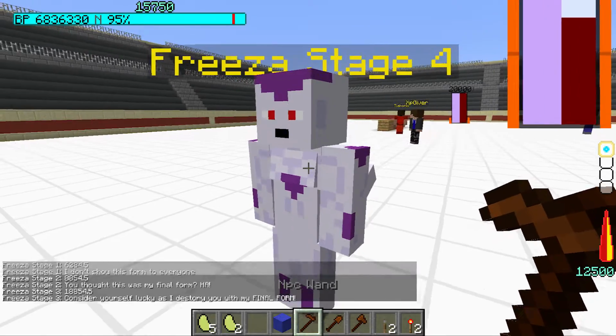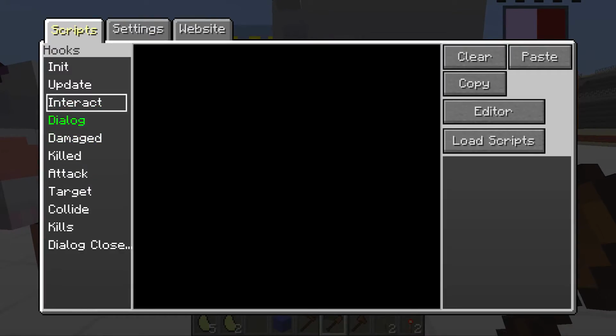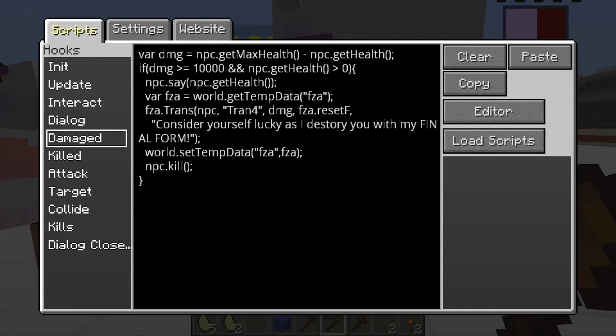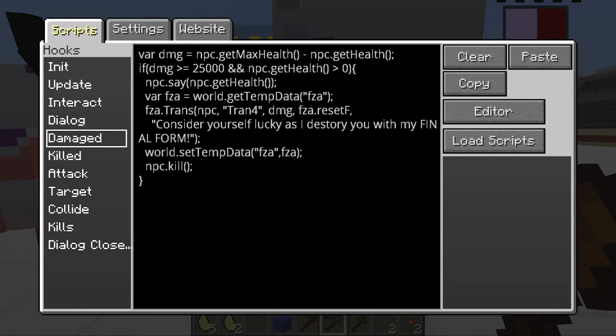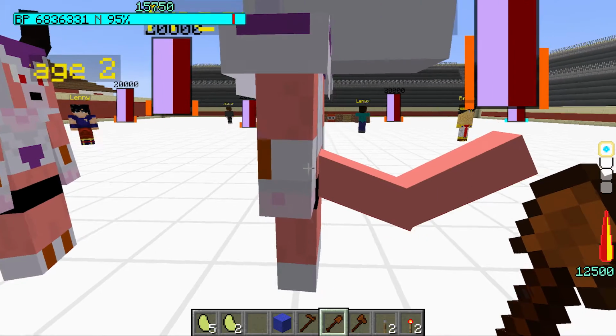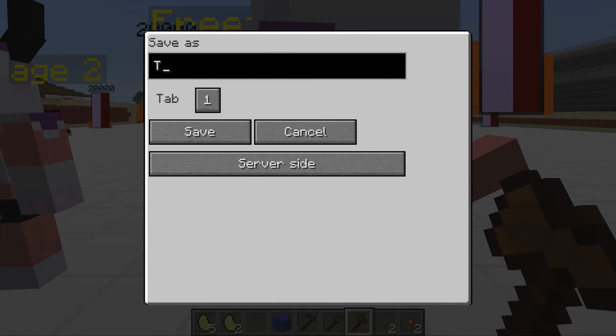Okay, so let me just go ahead and finish tweaking this. So most of what was going on here is that I wasn't setting the 3rd stage hit points. So as such, it kind of messed everything up. So what we're gonna do here is when it's greater than 25,000 damage, then we'll go ahead and do the transformation. Killed, it doesn't matter. So that should prevent it from instantly transforming. All right,